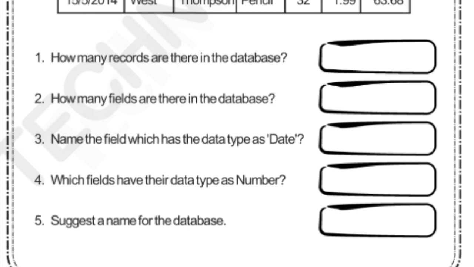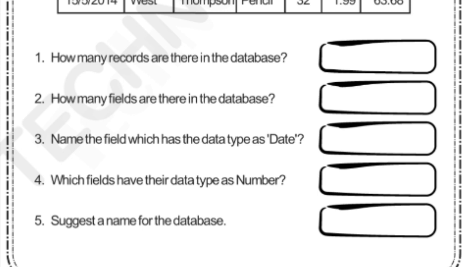Okay, so when you create a table in MS Access, you first give the field names. After that, you have to set its data type. For example, order date will hold only date data type, so we set the data type as date. Salesperson name will accept only alphabetic letters of the person's name, so we set the data type as text. Like that, you set the data type for all the fields when you create a table in MS Access. So here they are asking simply how many columns, how many fields are there in the data table.